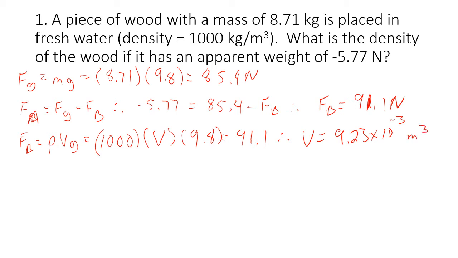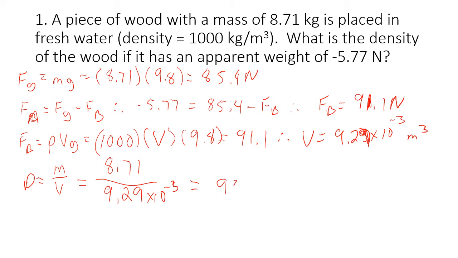So our last step here is to find the density. So we're just going to use regular density, which is the same as fluid density, but density equals mass over volume. So our mass of the piece of wood was 8.71 over the volume of the piece of wood, which we just found to be 9.29 times 10 to the negative third. There should be a 9 right here, not a 3. Sorry about that. And that ends up equaling 938